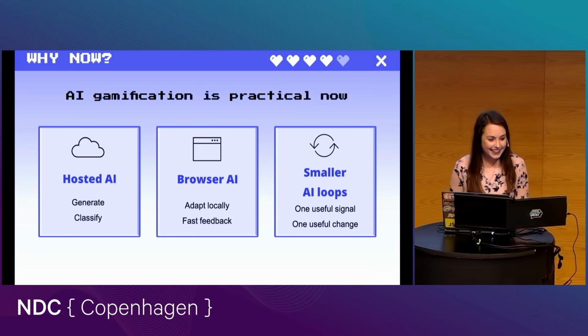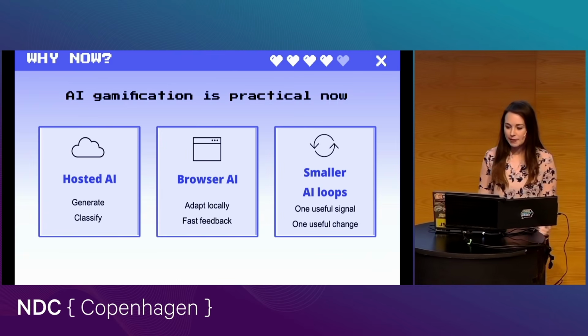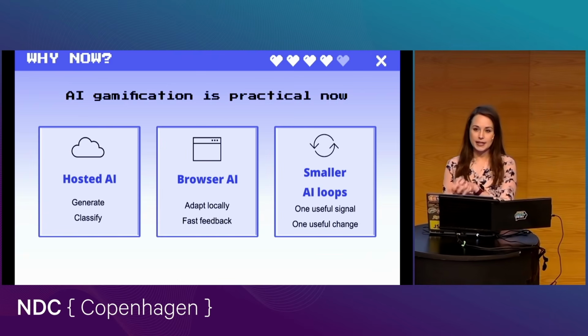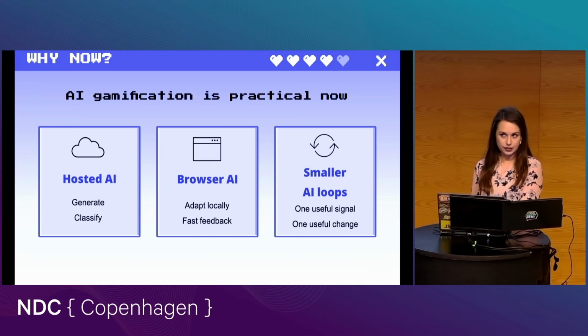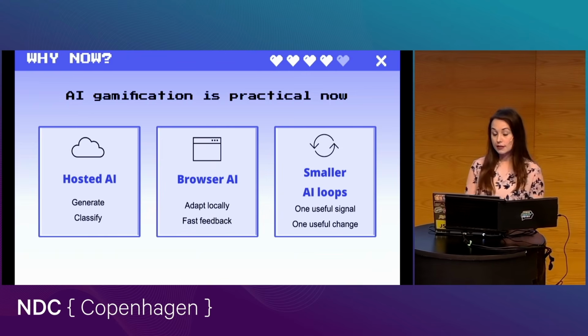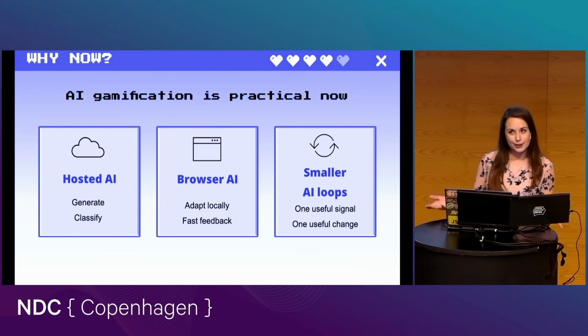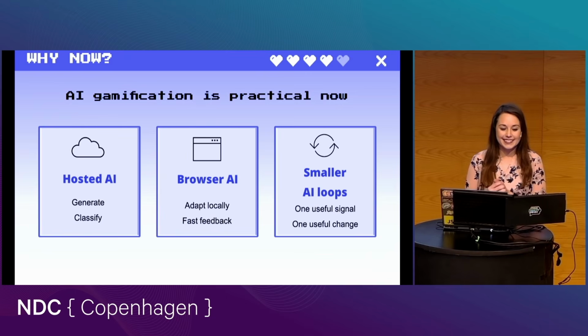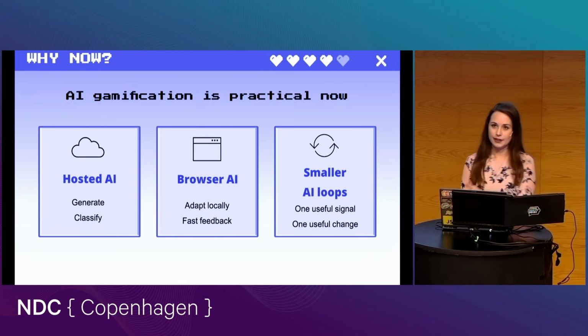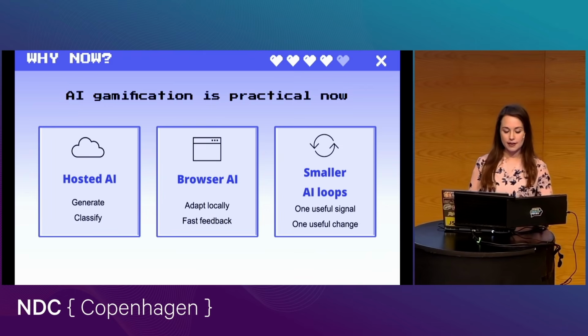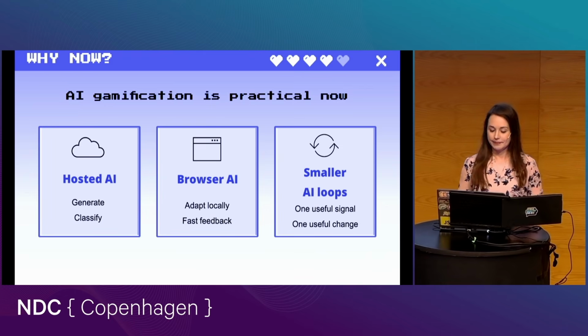All right, and then this really is an important part to point out. For a lot of apps, AI does not need to be the whole feature, and I'm going to keep emphasizing that, right? It can just play a small role in something that already exists, and that thing that already exists should be great on its own. So AI really can just help with maybe one little decision or one little extra portion of the experience.